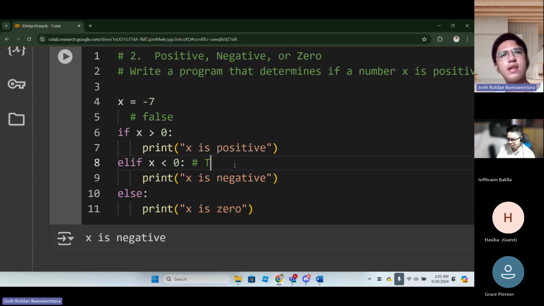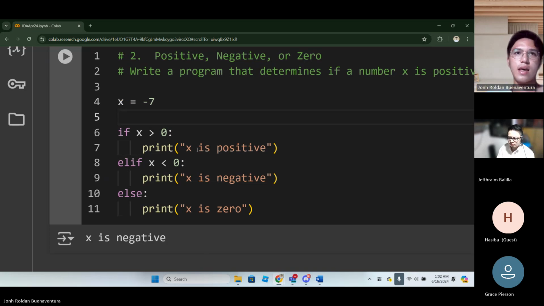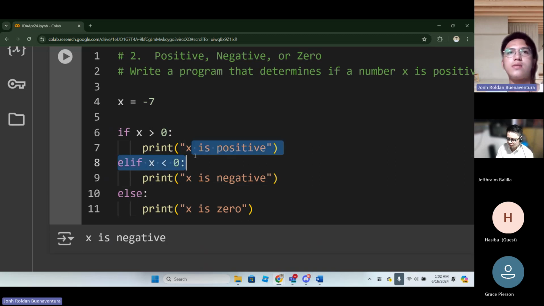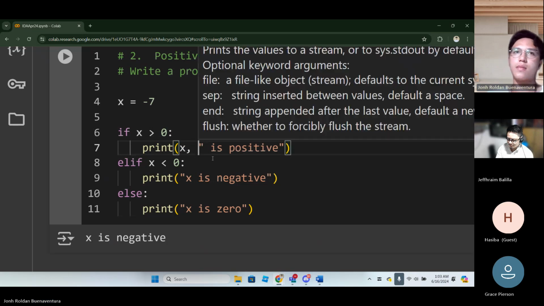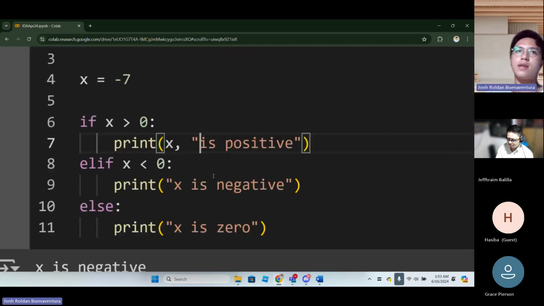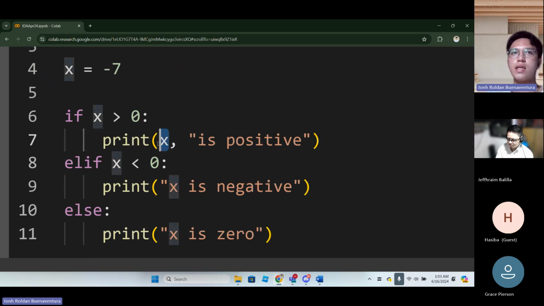Maybe the only thing that I can recommend on your code is, instead of saying that x is positive, x is negative, x is 0, you can give it a separate format like this. X, comma, right? So that on the result, we would see the number itself followed by a string.